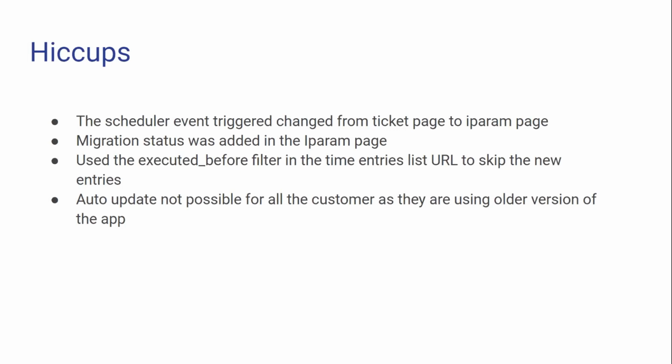So if I'm going to publish a sixth version, the customer should be on the fifth version to get the auto update. But that is not the case for all the customers. Only 2 customers had the latest version, and that is also a difficult part. But Pranesh did a good job, and he reached the customers, and he manually made the customers update the app to do the migration.